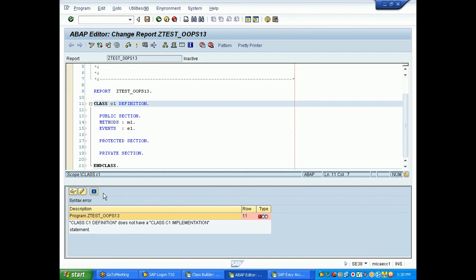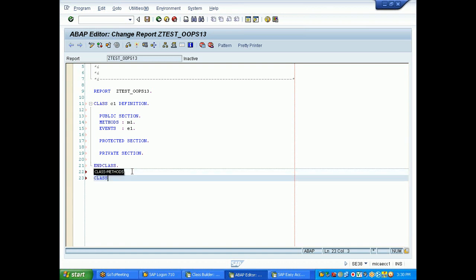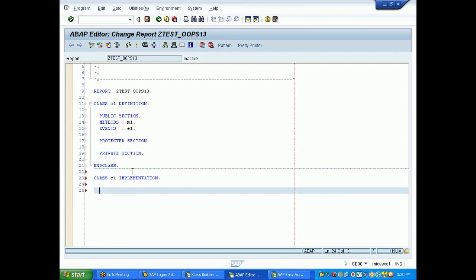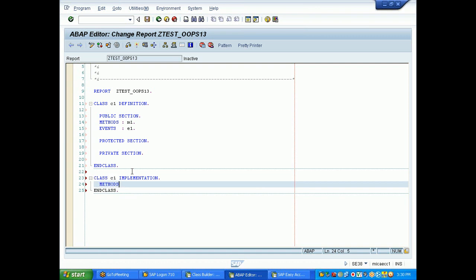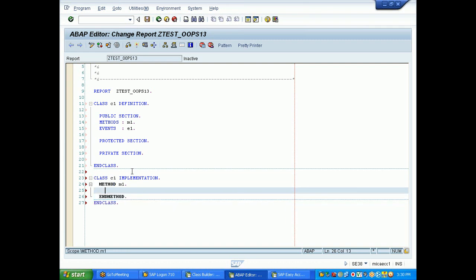So now the implementation is not there. I will do the implementation for method m1. Class C1 implementation, end class. Now I will write here method m1, end method. In between I will say raise event e1. Okay, so now